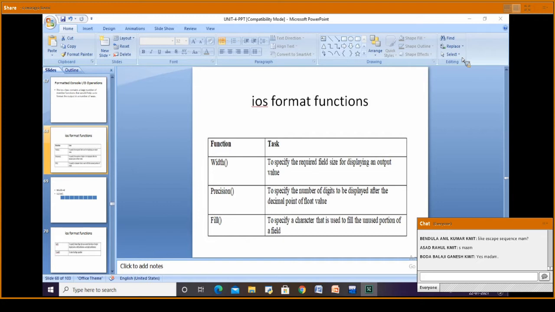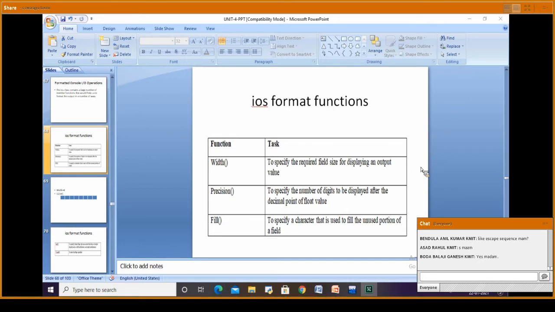The fill function is to specify a character that is used to fill the unused portion of a field.